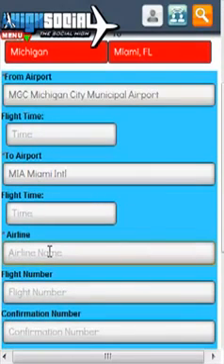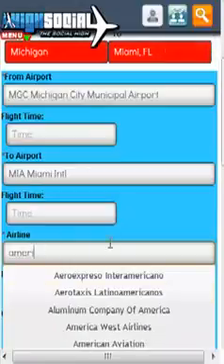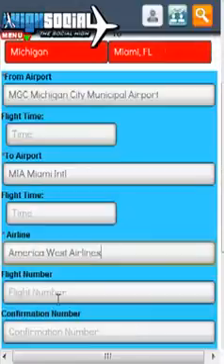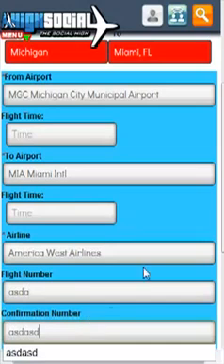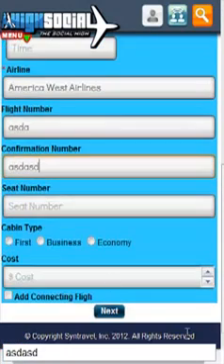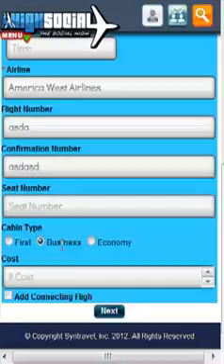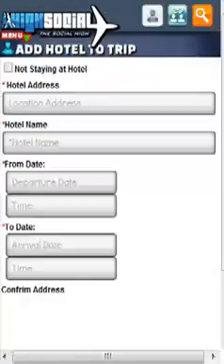The airline, we have the autofill for the airline, American West Airline. For example, the flight number could be anything, confirmation number can be anything. We're going to catalog how people travel, what class, so we can do statistics on that. And they can add a cost, and then they continue to the next step, which would be adding a hotel,